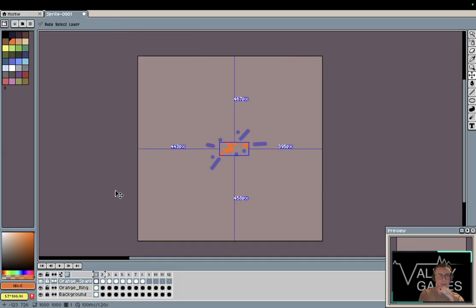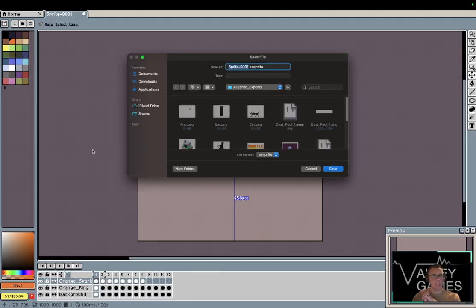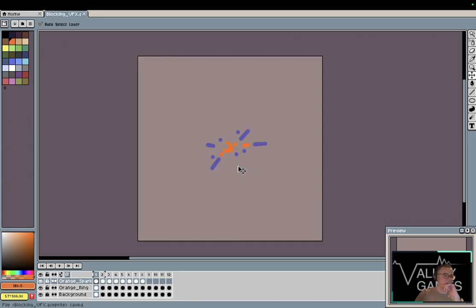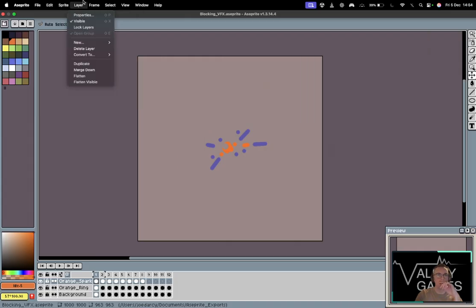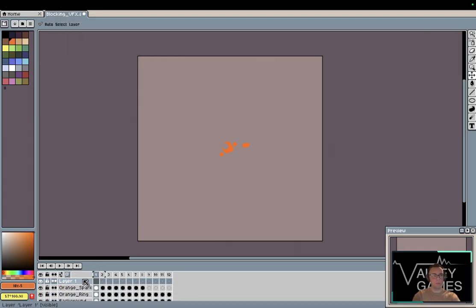blue ring. Okay, so we're going to add, hello, oh, don't crash and die. Don't crash and die now. Oh, I haven't even saved it. Always save your work, everybody. Blocking VFX. Okay, yeah, save your work. Cool. All right, let's go layer, new layer, and go blue